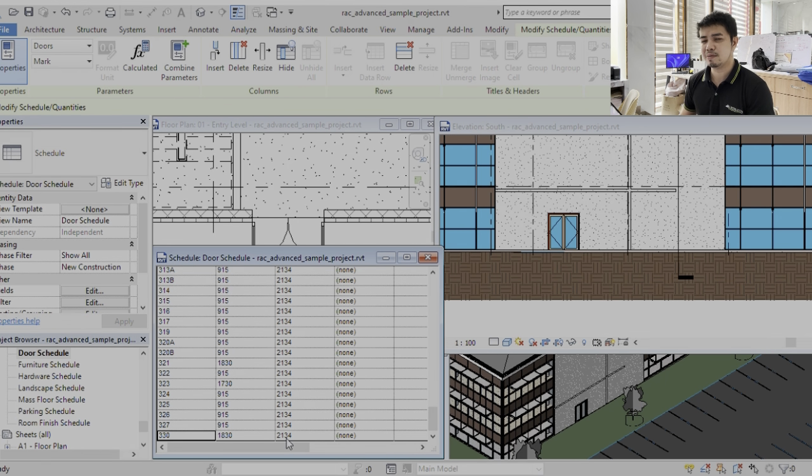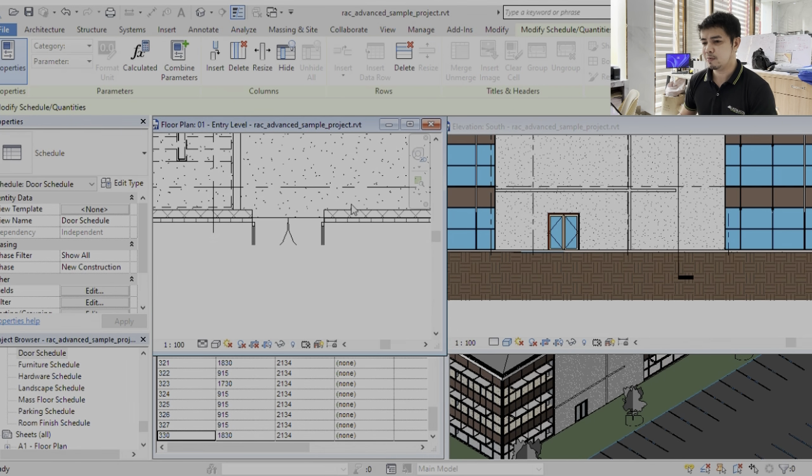So it's easier for us architects to do a project, because you can see it is updated right away, at an instant, the changes you make in any view in the project. So for example,